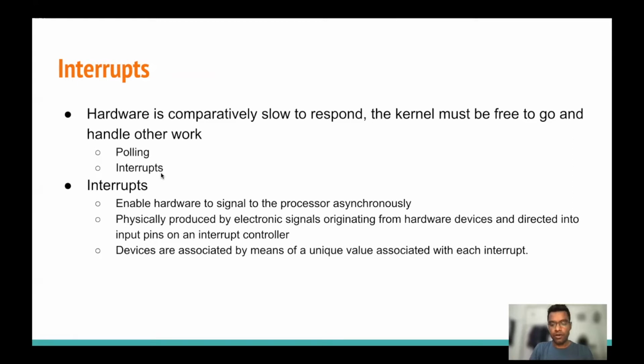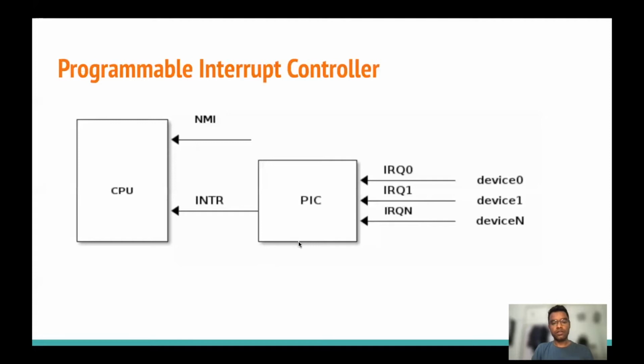All the peripheral or hardware devices can interrupt the processor with the help of an interrupt. An interrupt is a signal. Whenever hardware wants to do some task, it can interrupt the processor with the help of a signal. Each device in the system is associated with a particular interrupt line, or you can say a unique interrupt number. This is the typical view. Here you can see these are the devices, and they are mapped to a unique interrupt line.